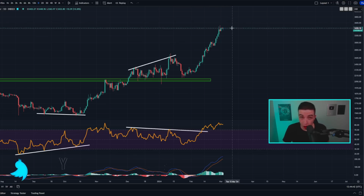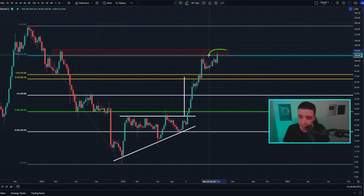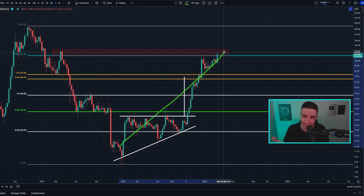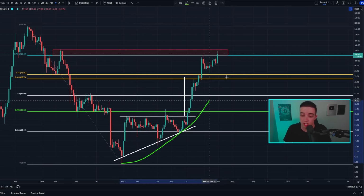And speaking of other altcoins, taking a quick look at the price of Solana on the weekly time frame, right now the price of Solana is still running into this important area of resistance, sitting in between around $120 to $140. And so basically in the short term, the price is taking a little bit of a pause from the larger bullish trend, but we're still technically within a bullish trend on the larger timeframes, forming significant higher lows and